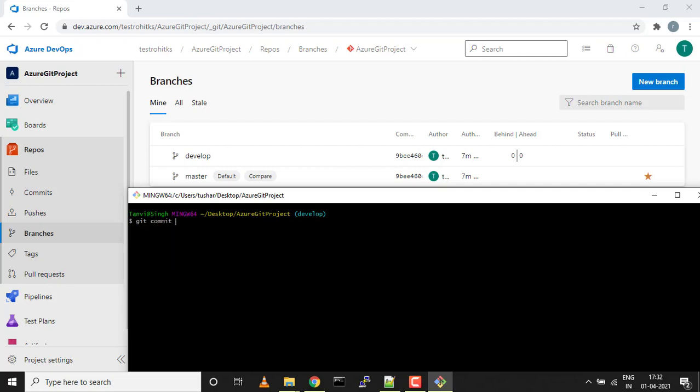Git commit. Okay, I'm just giving the simplest way. Over here all your development code will come. So I'll just do a push again, origin develop.